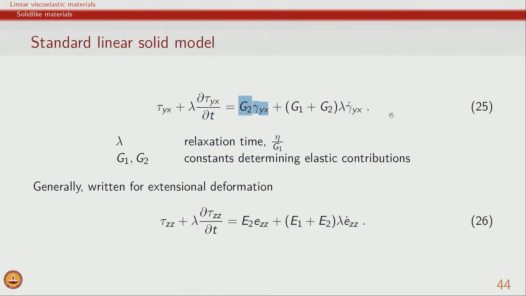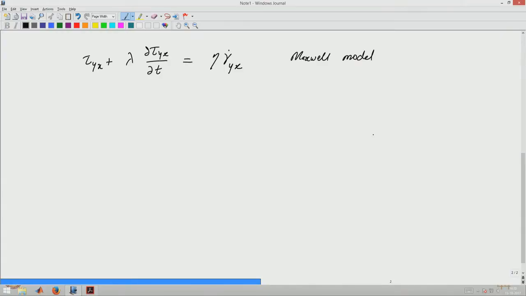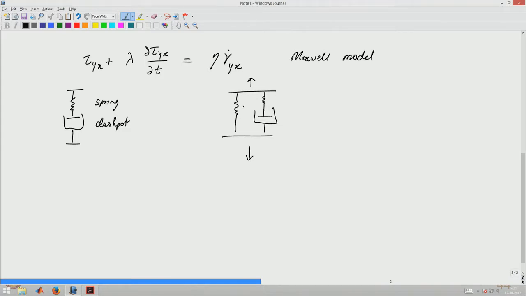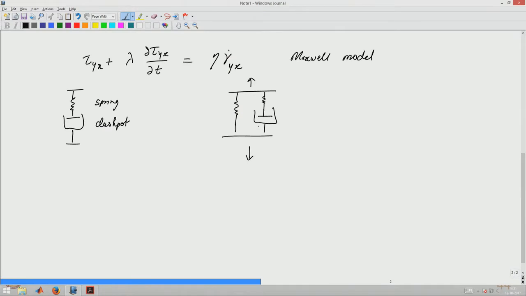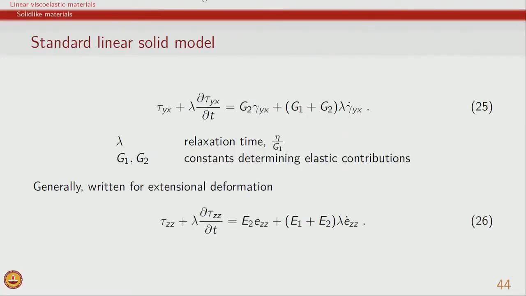And in terms of a mechanical analog, the standard linear solid model can also be visualized in terms of combinations of springs and dashpot. We remember that Maxwell model is a combination of a spring and a dashpot in series, while the standard linear solid model could be visualized as a combination of Maxwell model and a spring in parallel. So, therefore, there are two elastic contributions, one which is in series with a viscous contribution, while one which is parallel. And so, the response of this is therefore characterized based on 3 parameters. The Maxwell model had 2 parameters, here we have lambda, G1 and G2. So, therefore, lambda, G1 and G2 are the 3 parameters,